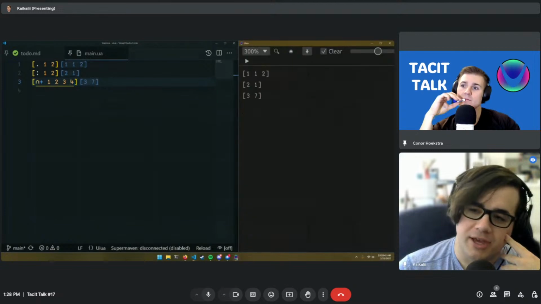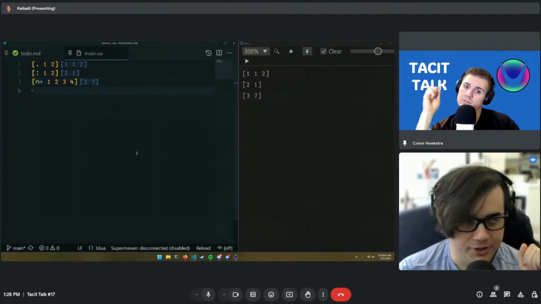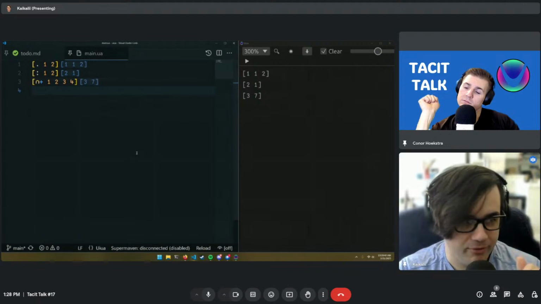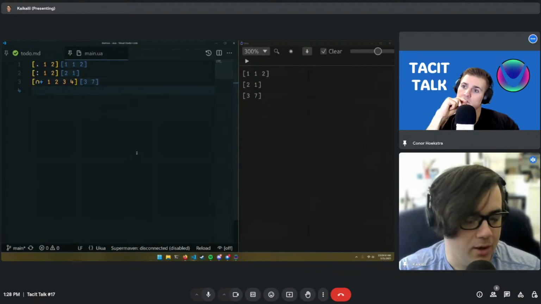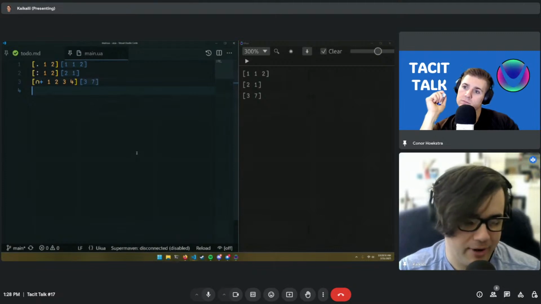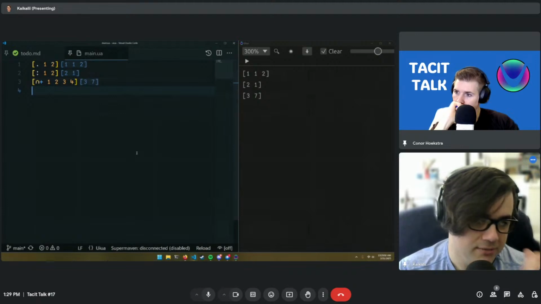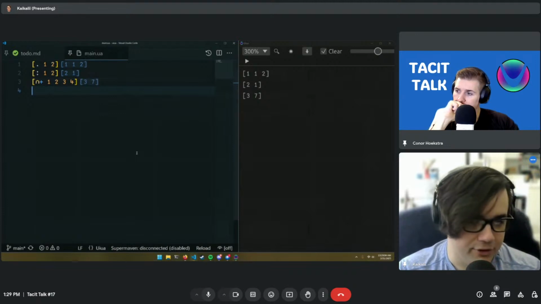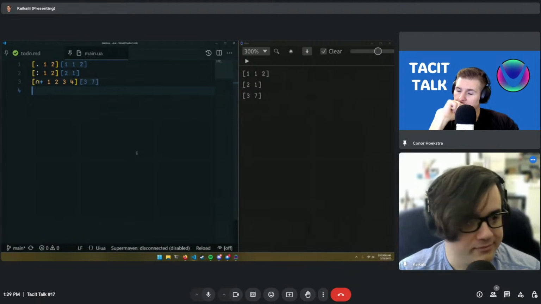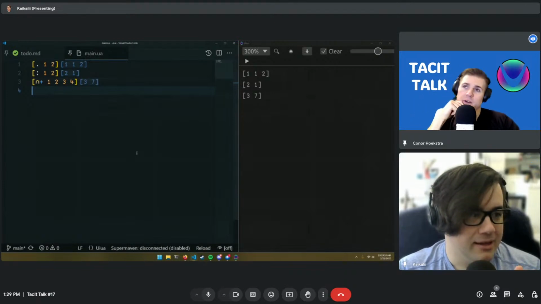A lot of the time what they have to do is they'll have 1 and 2 and 3 versions of a function. They'll have dip 1, dip 2, dip 3. Yeah, or fork 1, fork 2, or something related to that, right? Because they don't have different behavior for different arities, they have to do that manually. Yeah, I wonder what that says about